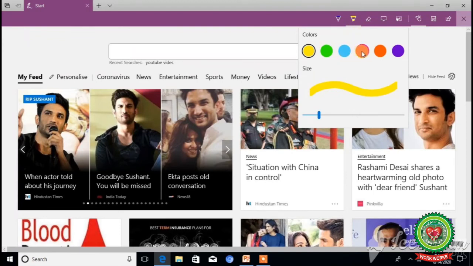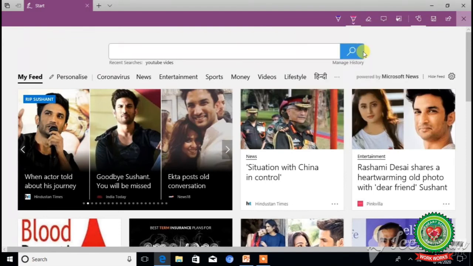You can select any color and you can drag the mouse whatever you want to highlight on a web page. And if you want to erase this highlighter, then the next button is known as eraser. You have to click on it. Click and drag the mouse to erase the highlighter from the screen.